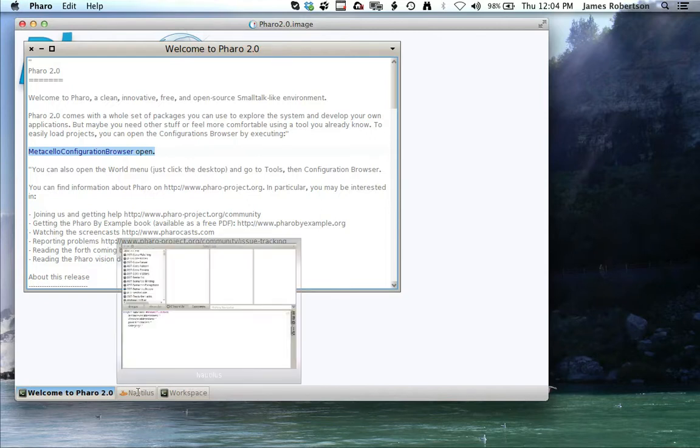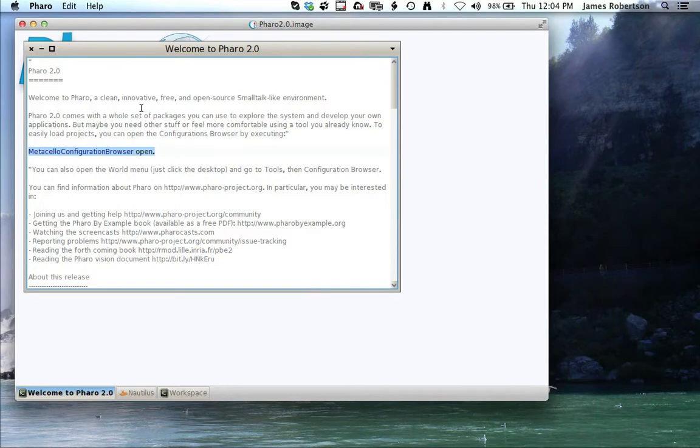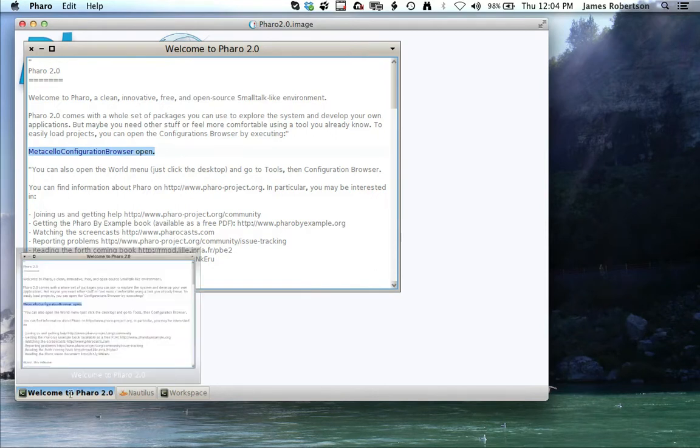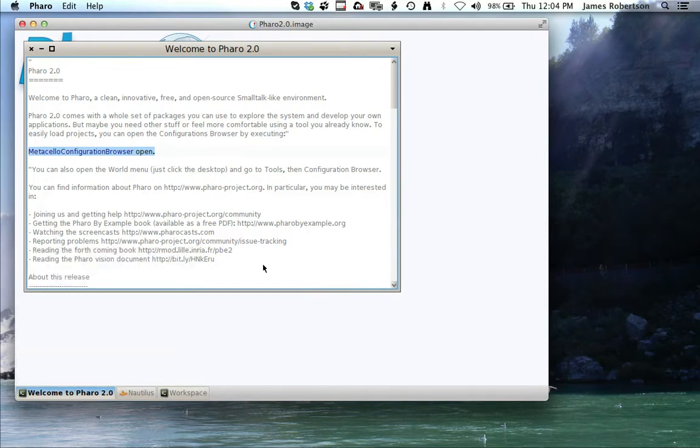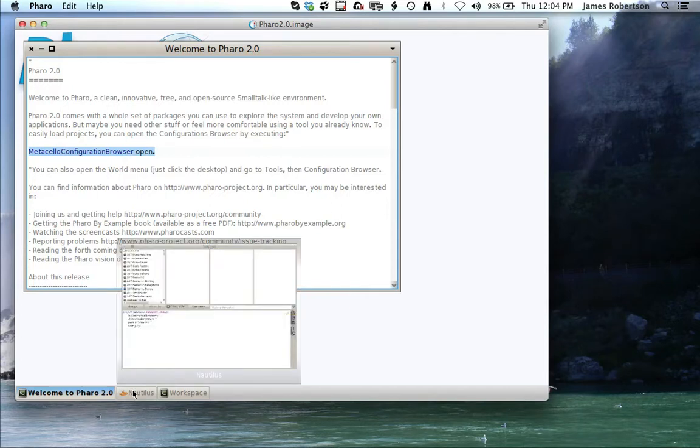So of course I go to the browser, I've got whatever I've got selected in the browser, then I've got the welcome window, which of course you can see, but you see it's a mini version of it. So the nice thing here is if you've got a lot of windows open and you're not sure which one is which, especially with browsers, you know, in Smalltalk you tend to open a lot of browsers, it's easy to get lost. The nice thing here is I could have a bunch of browsers open, you know, like this one.